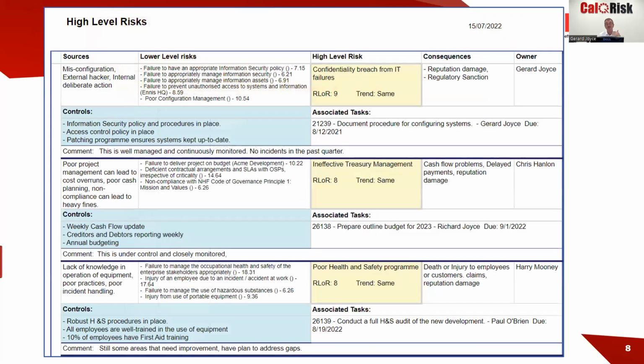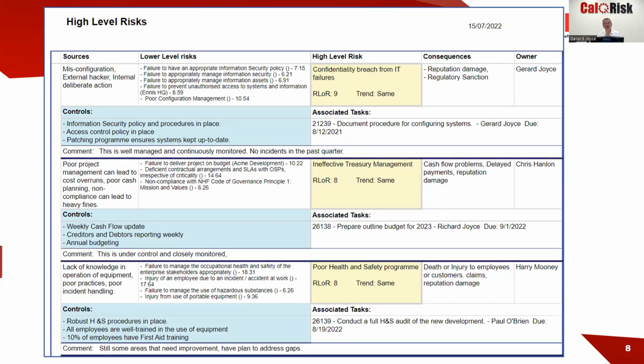Now, if you're going to the board and those risk registers have 76 risks, it's too much detail. So pick the top 10 and preferably at a high level. The bit in yellow on this slide is the high level risk. So if we take the top one, and the format is, I'm going to describe in a moment, the bow tie risk assessment technique. And the idea is that the risk is at the center in the yellow, and right over on the left, you have the sources. Where can this risk come from? Where are the threats, or what are the causes? And then just to the left of it, you have the lower level risks, the more detailed risks.